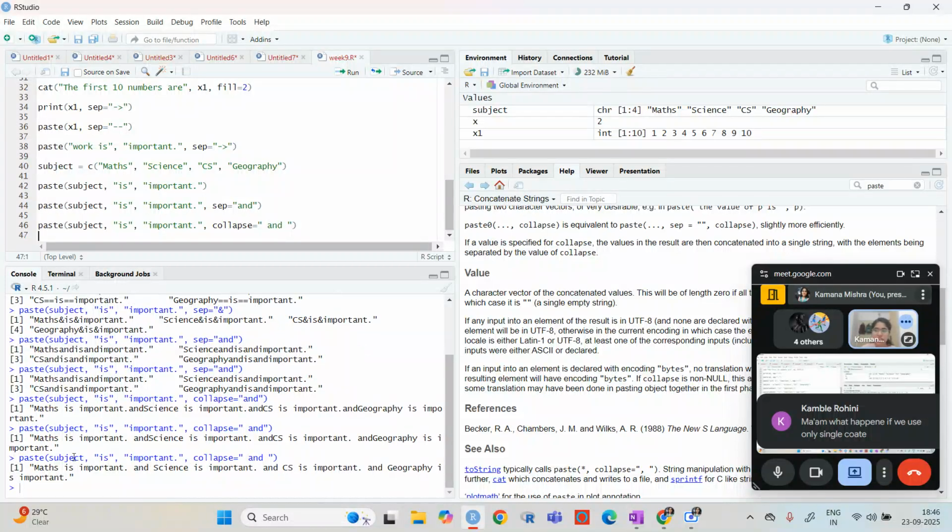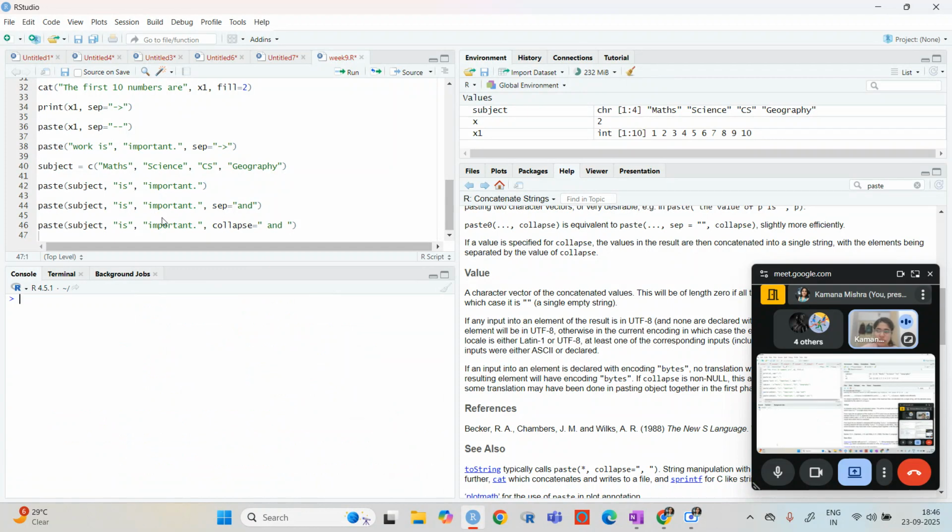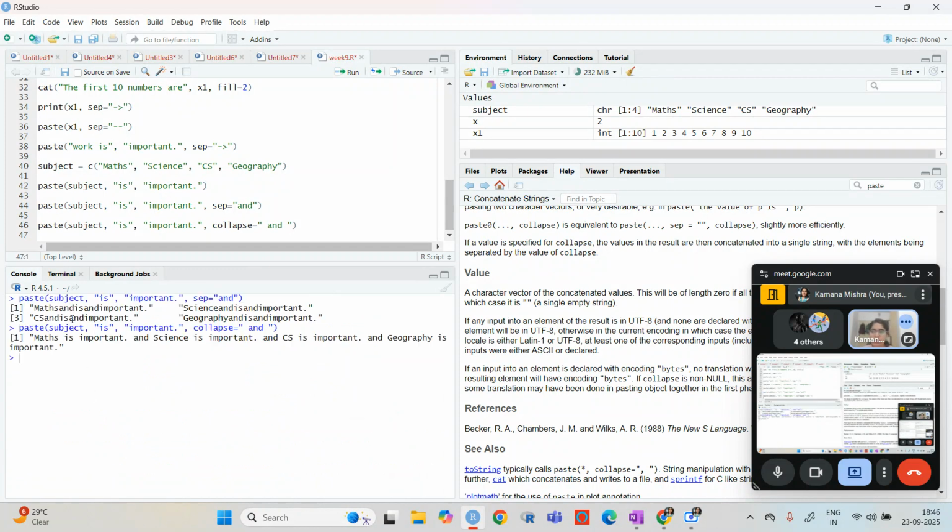Here, let me remove all this so that it will look much clearer. One, two. Okay, so if I'm using the separate function, you can see that it is going to use this function after every, basically whenever we are using that inverted comma.